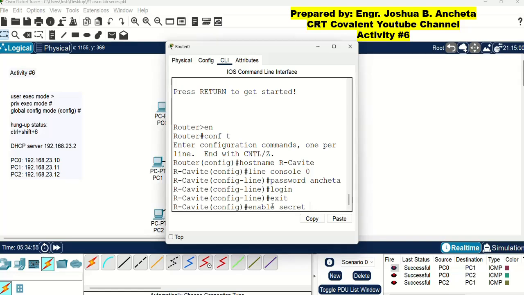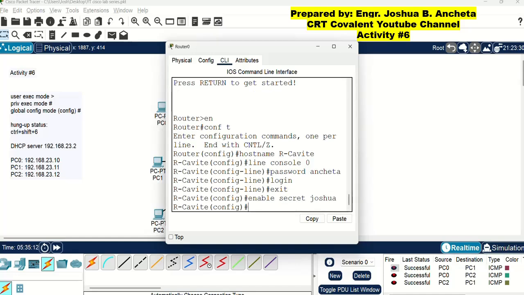This is to create the password to enter the privilege executive mode. The command is enable secret, then the chosen password, which is the first name. Okay, then press enter. So we can check if the passwords are reflected.